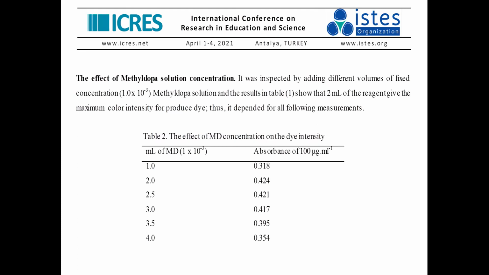we measure the absorbance for 100 microgram per milliliter of paracetamol, and we found that adding 2.5 milliliters of methyl dopa gives us the most color and intensity for the produced dye. Therefore, we depend on this amount for the following